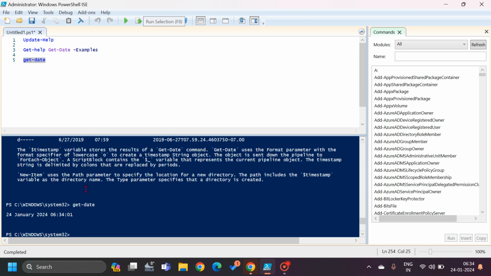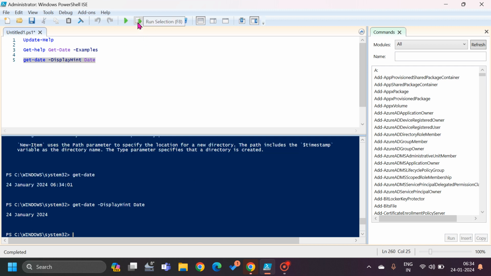Just run this. It is giving you this result, and the second example it gives me, I can give the hint also, like what exactly I want to see, because when I'm running this, it is giving me the date and time as well. Now if I run only this with this switch, it gives me only the date. So this whole thing I learned from this Get-Help command, right? Which I didn't know initially, but now I know the usage of Get-Date along with the examples, right? So just like that,